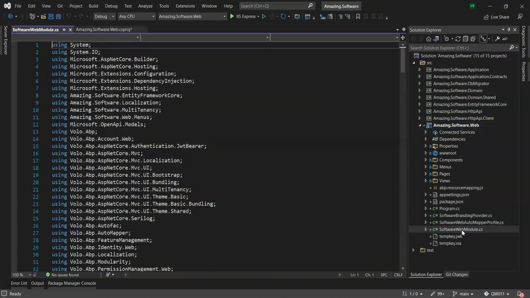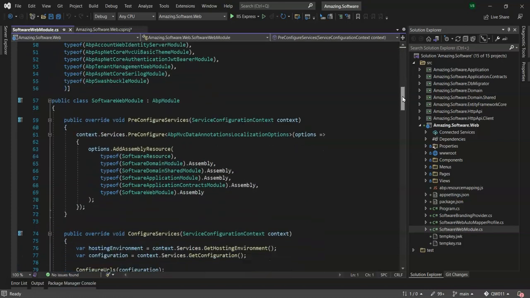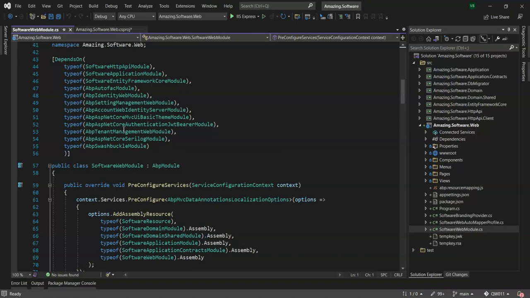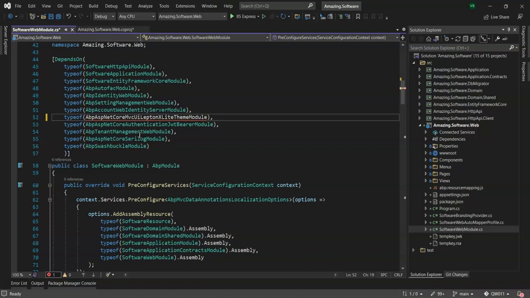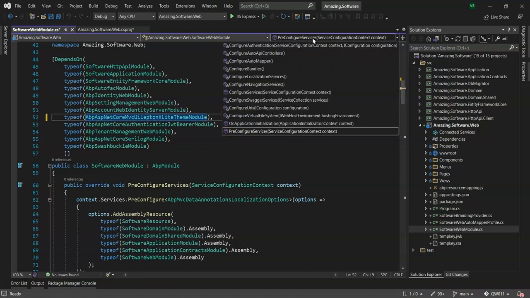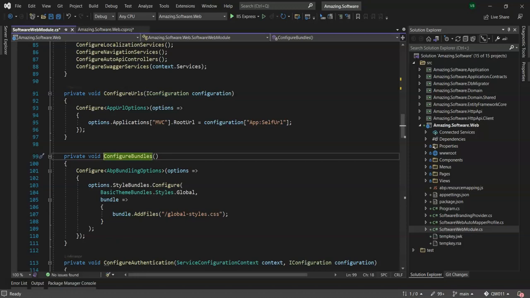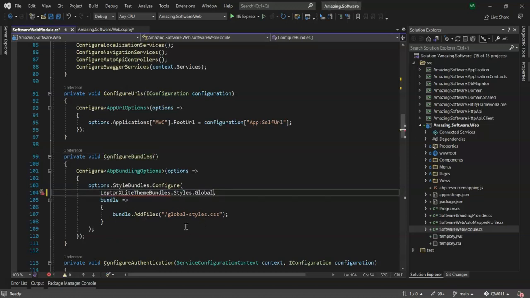the web module class, and we will just replace this with the LeptonX theme module, like so. And we'll just say Ctrl+dot and pull in the library. Then we'll navigate to ConfigureBundles, and in ConfigureBundles we'll replace the BasicThemeBundles.Styles with LeptonXLiteThemeBundles.Styles.Global, and we'll bring in the library here as well, and we'll save that,